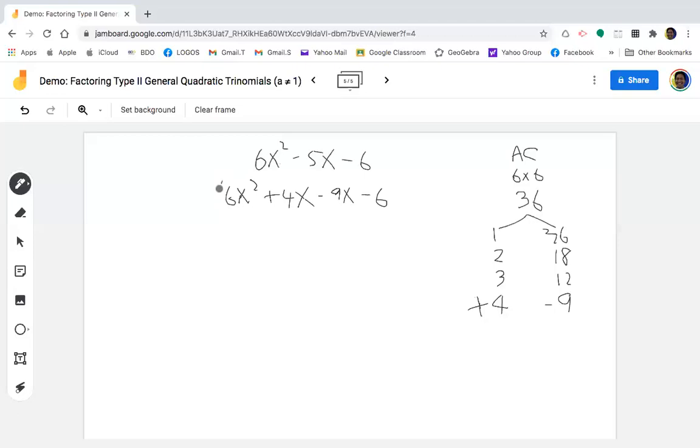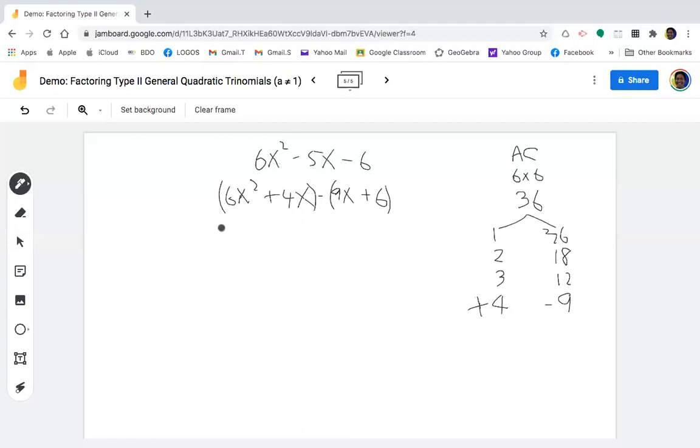Alright, now let's group the first two together, the last two together. But again, let me point out there's a negative sign here. Alright, where you introduce the parentheses. Therefore, the sign of the last term must be changed to plus. You have to reverse this. If it's minus, you make it plus. If it's plus, you make it minus. So that when you distribute negative 1 to that, you get back your original